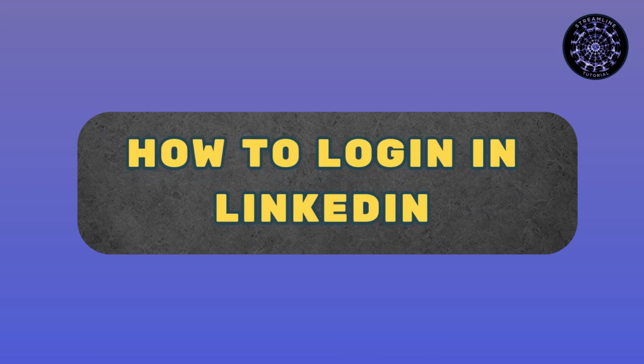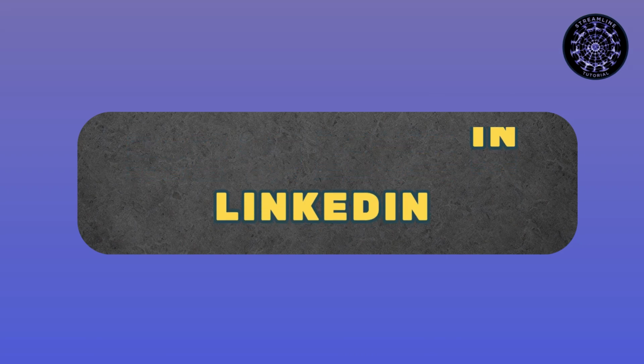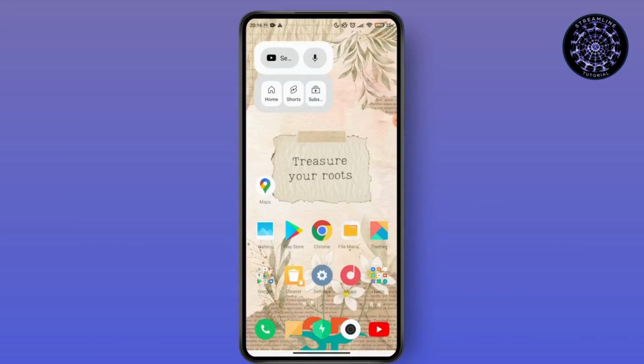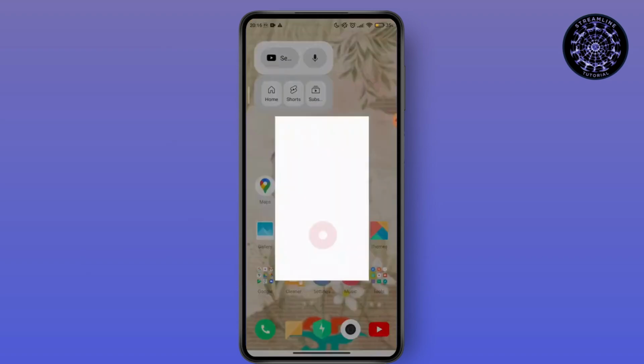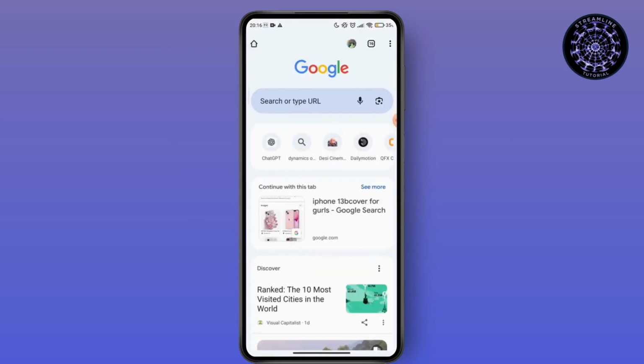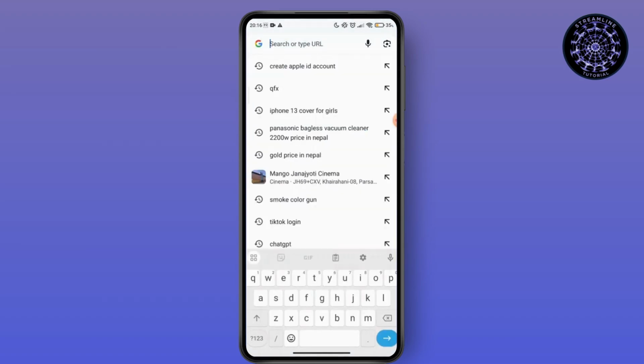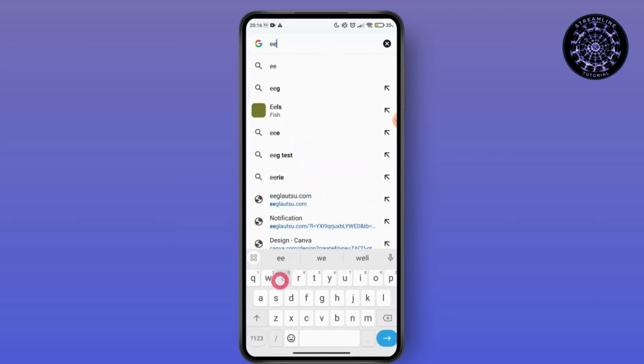Want to log in to your LinkedIn? You have to follow these simple steps. First of all, open the website here. Once you are on your web browser, you have to just go for the new page. And on the home page, here you have to just go and write the